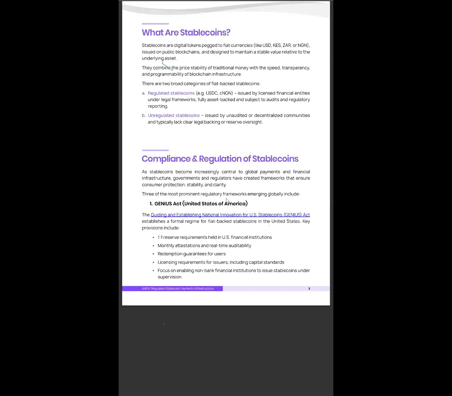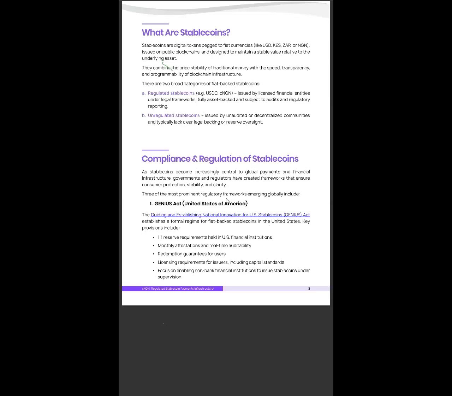So there are two broad categories. There are regulated stablecoins and there are unregulated stablecoins. Regulated stablecoin examples would be cNGN, USDC. Unregulated stablecoins, there are so many of them. There's USDT, in many markets not too regulated. There was BUSD before, now they've shut it down. There's DAI. There are many of them, not to mention names. Many of them have failed over the years, unfortunately. Fortunately, really, because it allows the market to purify itself.